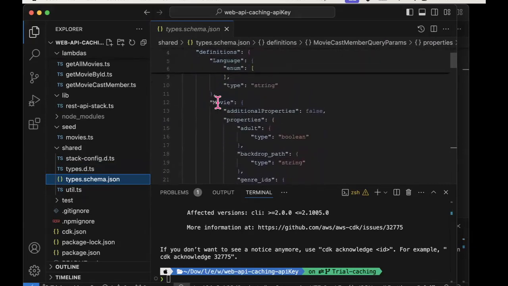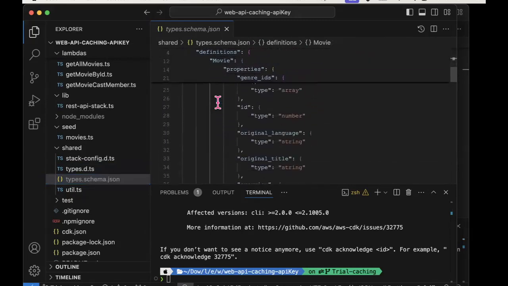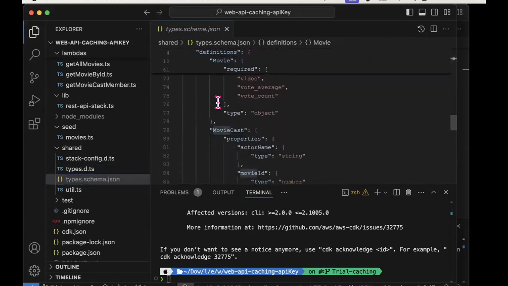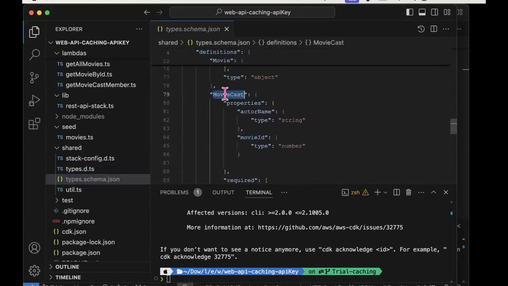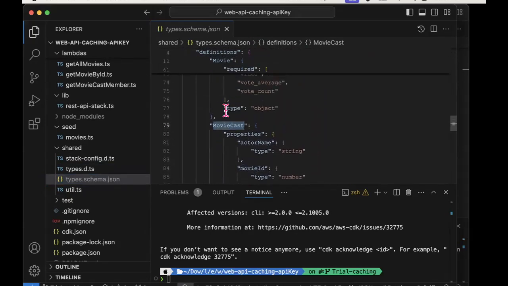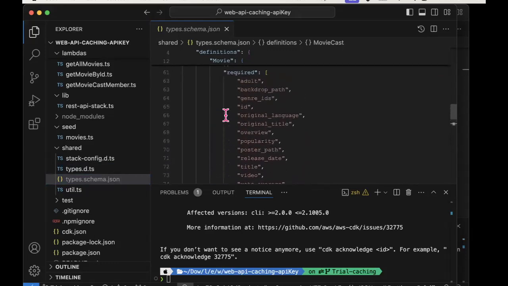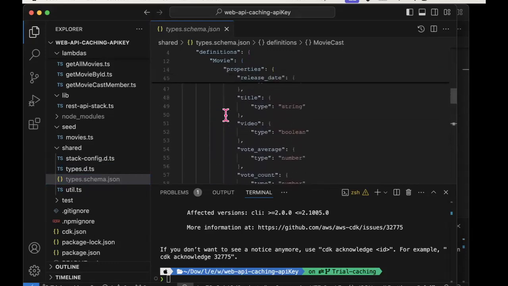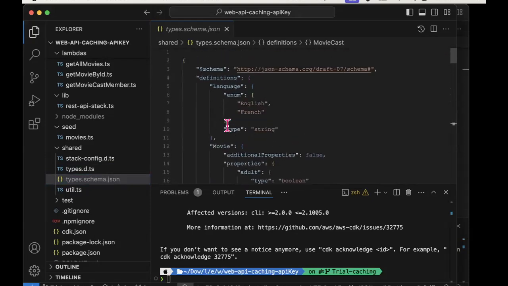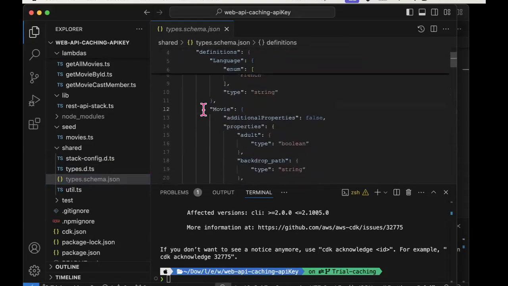Oh yeah, so here's the movie schema, and further on down we have the movie cast schema. Now, we cannot use these schemas directly with the CDK model construct. We've got to make a slight change to them, and so the change I can show you. So if you see this schema here,